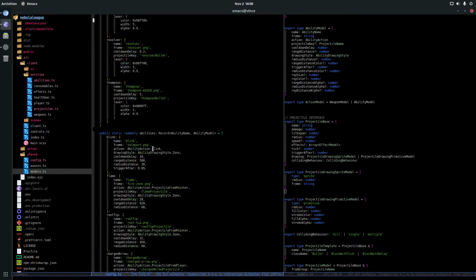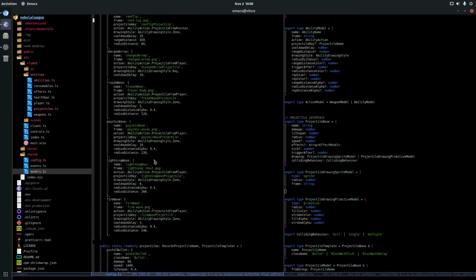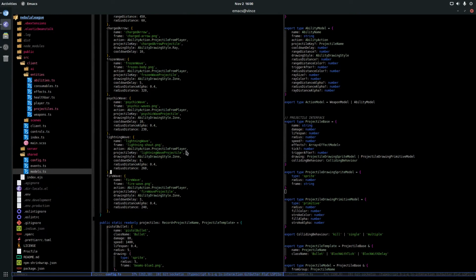Okay, that's not that bad. It's better than having 10,000 conditions to know if trigger after is undefined or all of that for the behavior of the collision.